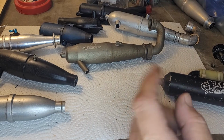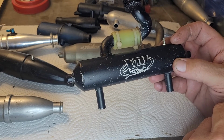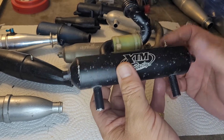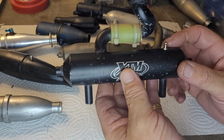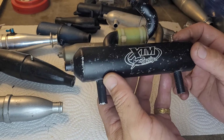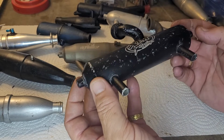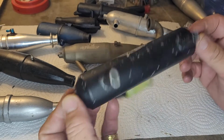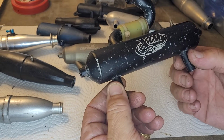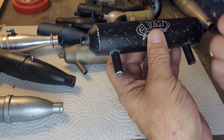All right. Last but absolutely not least, the one thing that people have been hitting me up to buy off of me since I started posting pictures of my pipe collection. Sorry, it's not for sale. The original pipe and header from the XTM X Factor solid axle 4-link suspension nitro monster truck. That is the stock pipe and header that came on that. Obviously a unique twin exhaust design. It is mounted at the very rear of the truck with the exhaust tips facing out the rear of the truck,